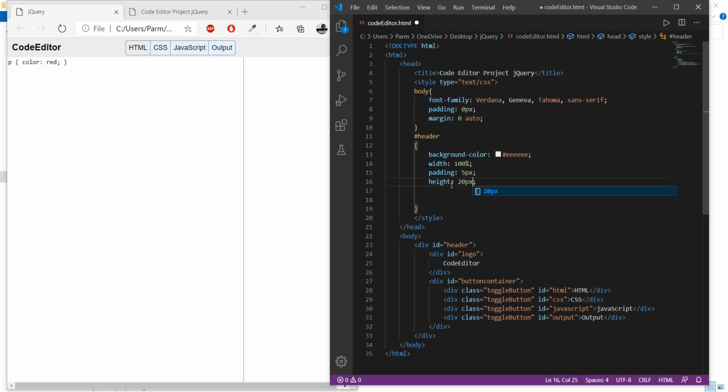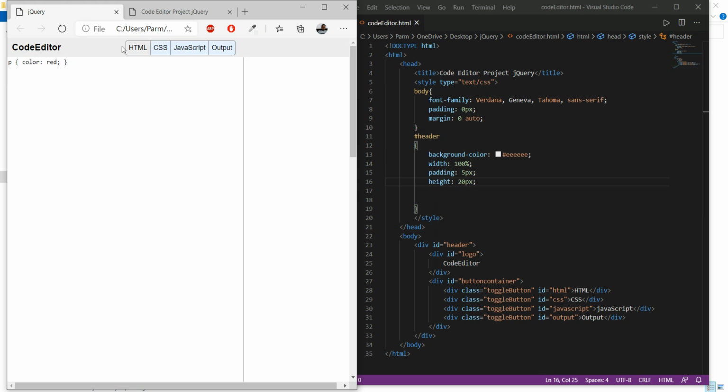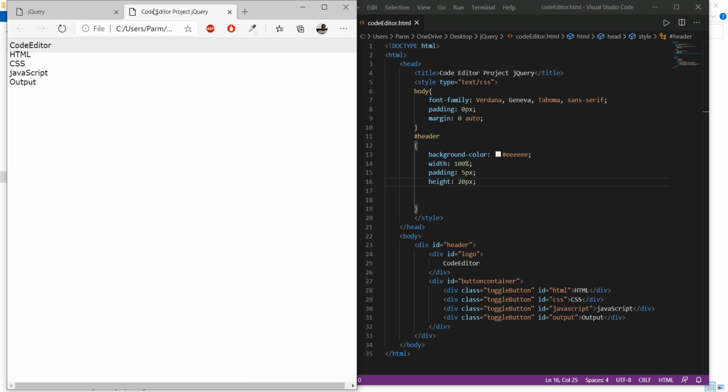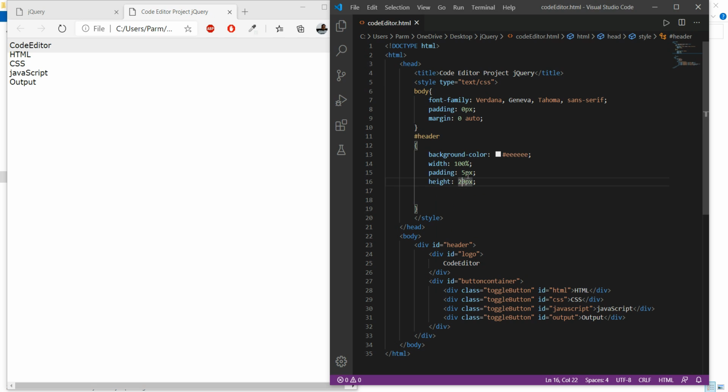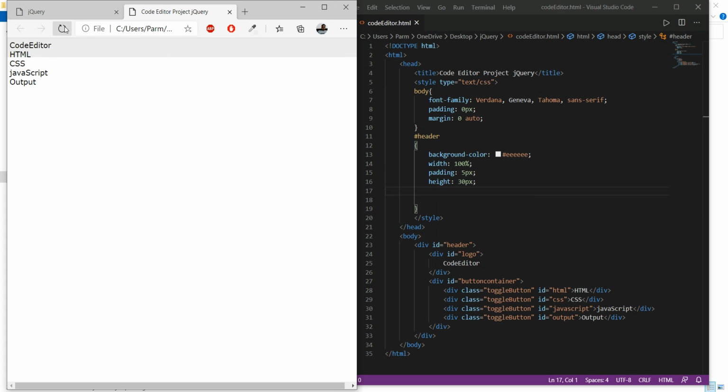Let's save it. Here we go, refresh it. I think 20 pixel is somewhat small, so let's make it around 30 pixel. Okay, here we go, look at this and refresh it. I think it's sufficient for the moment.